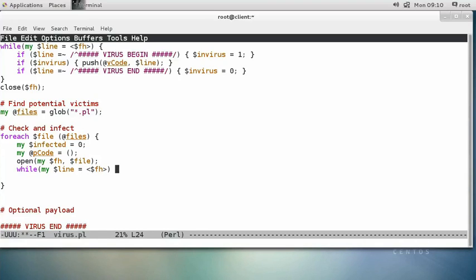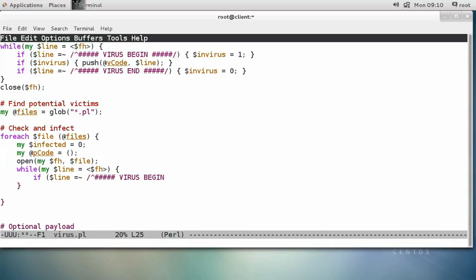So while I'm grabbing the lines, I want to check to see if the line happens to be the virus information. So if the line happens to contain this virus thing, this is virus